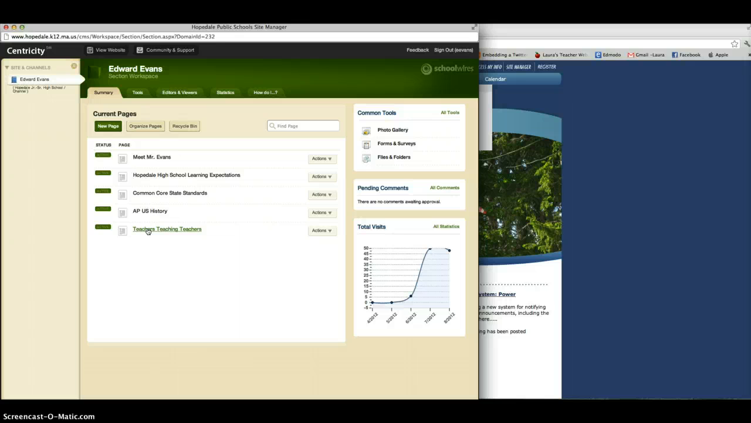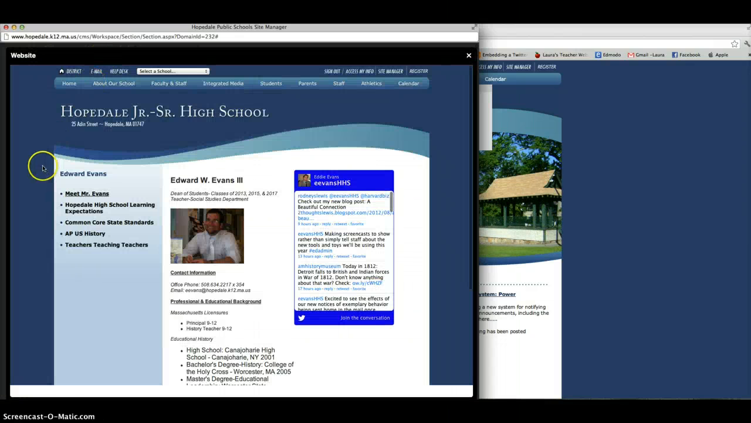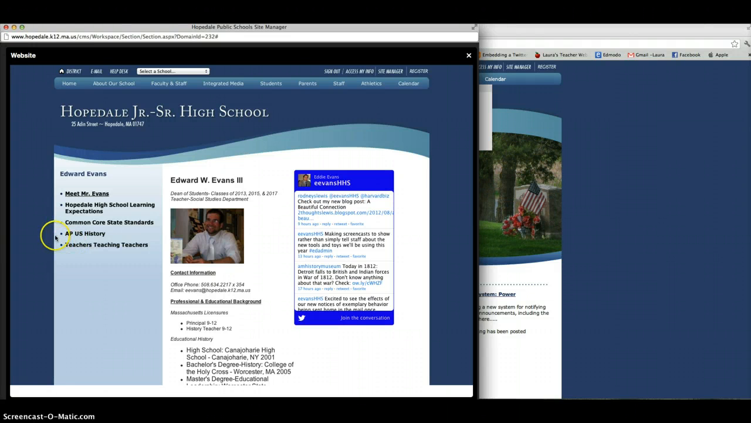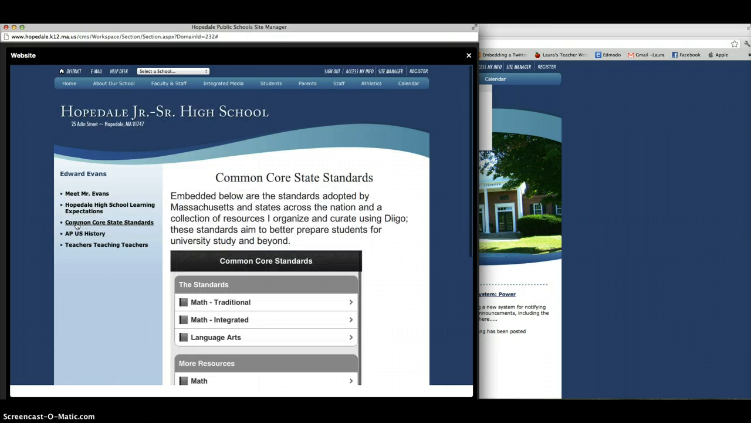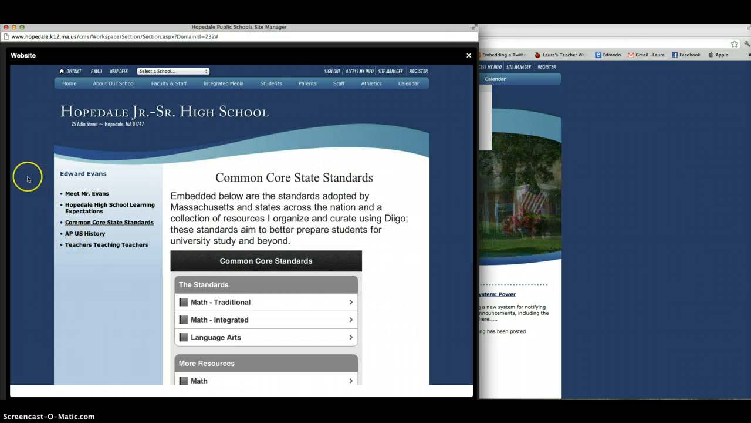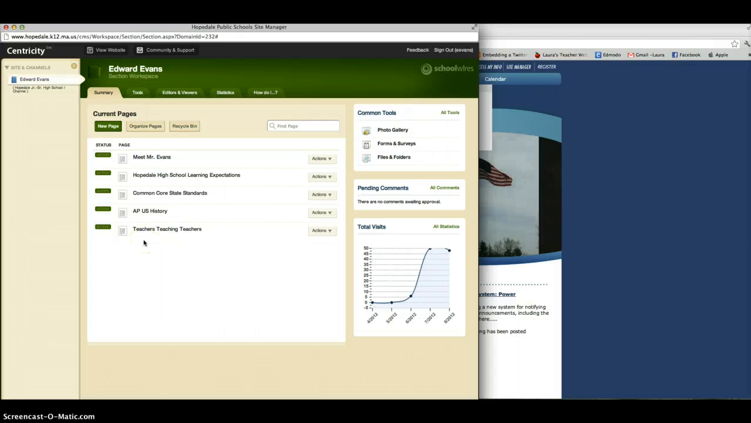So if we view my site by clicking the View Website above, you're going to see on the left column the same 5 titles. These are my pages. So if we're browsing my site right now, this is the Meet Mr. Evans page, the Hopedale High School Learning Expectations, Common Core State Standards, all the way down through. If we go back, you'll see that these are the pages. So whatever you have in this column right above my arrow